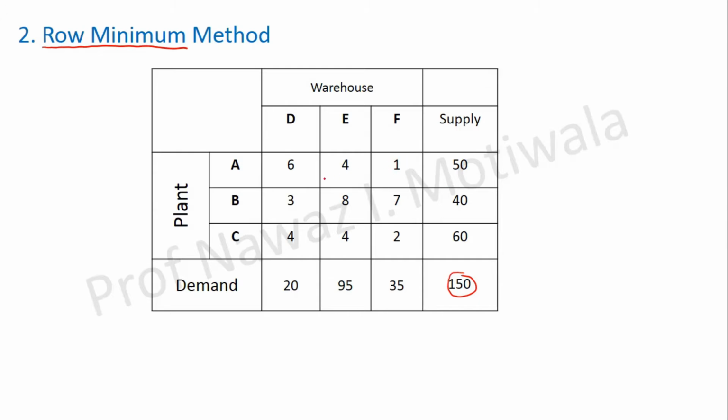देखो in north west corner rule हमने कहाँ allot किए थे? यहाँ allot किए थे 6 पे. But as per row minimum method, we should allot in first row the minimum number. So this is the minimum number 1. And how much to allot? The supply is 50, demand is 35. So how much to allot here? 35. Those who don't understand the logic, I have given you the hint: the minimum of the two will be allotted. So here I will write 35.